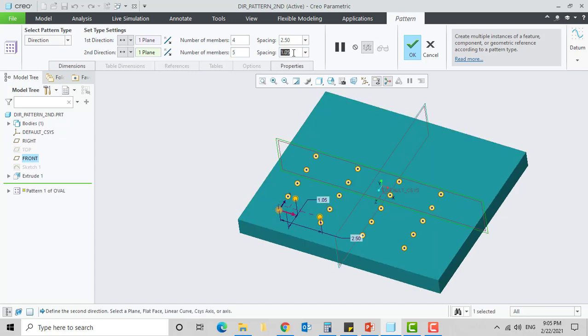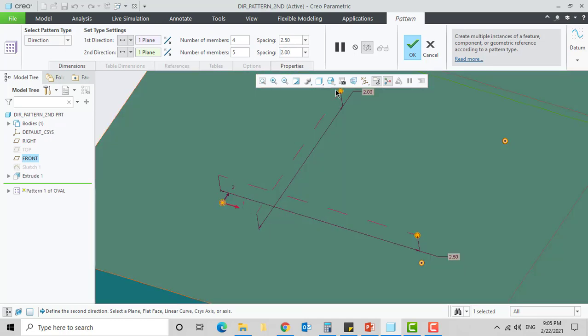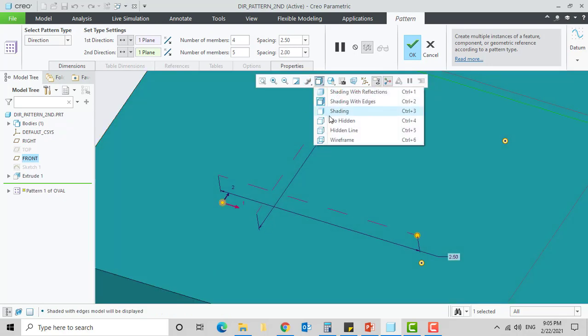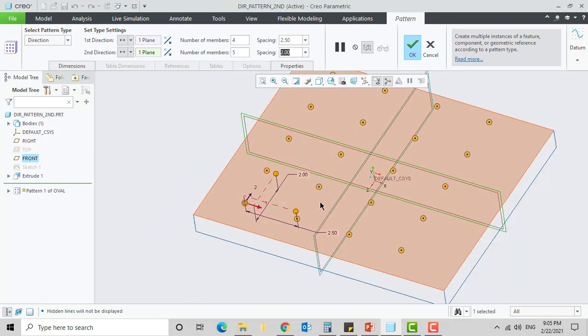So you can see on the first direction 4 instances at the spacing of 2.5 are shown as yellow dots. Now go to the second direction, number of members, make it 5 and edit the spacing to 2.